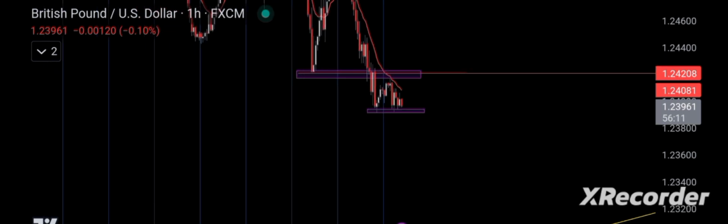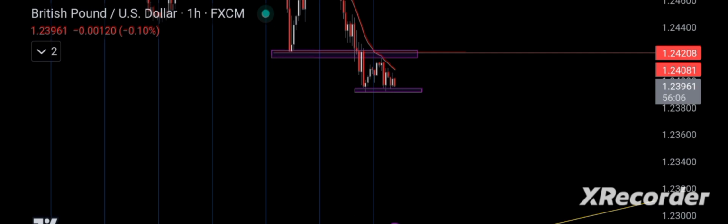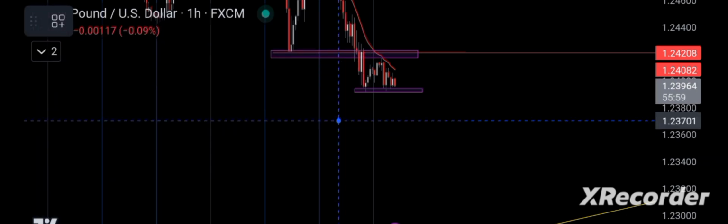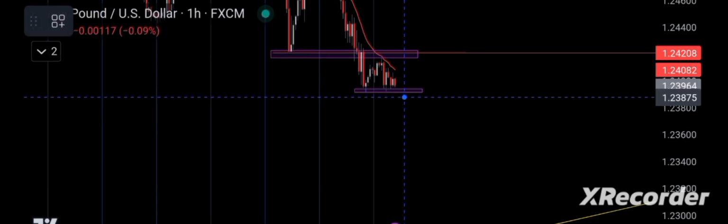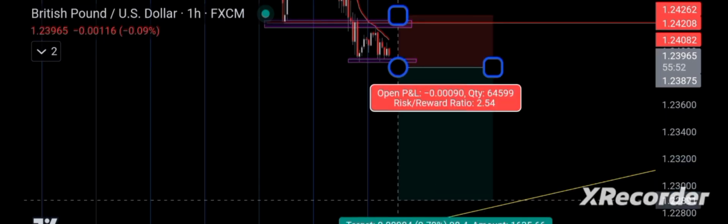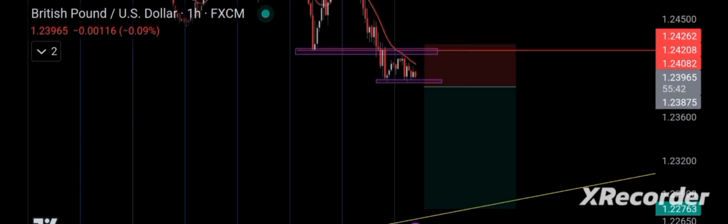So as you can see, continuing with the strategy, we broke through possibly our previous support area with a purple box. Now we're busy consolidating beneath it and placing a sell order just outside the support area that was newly created. We're looking to enter with our risk to reward being on point, our risk management